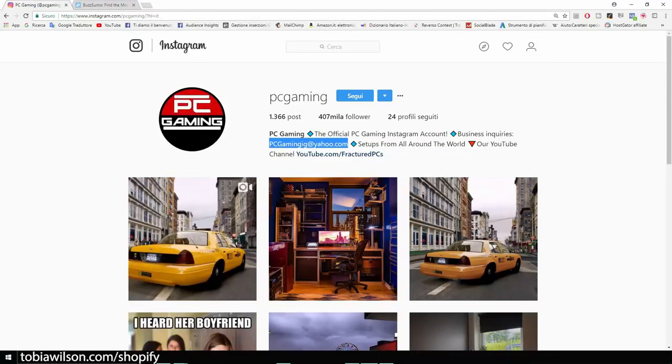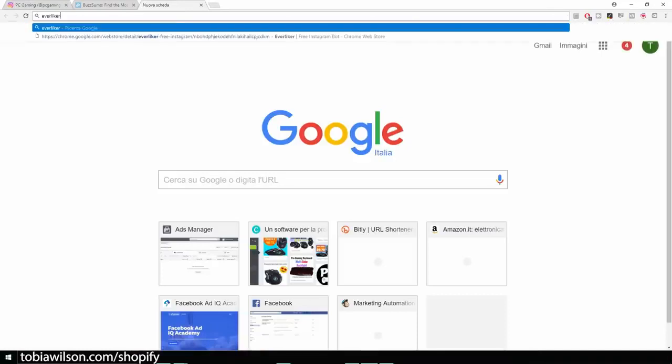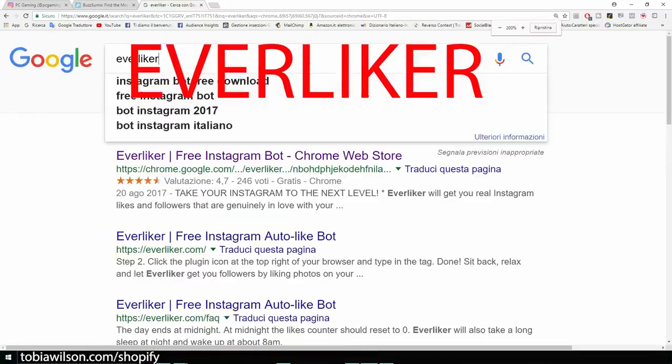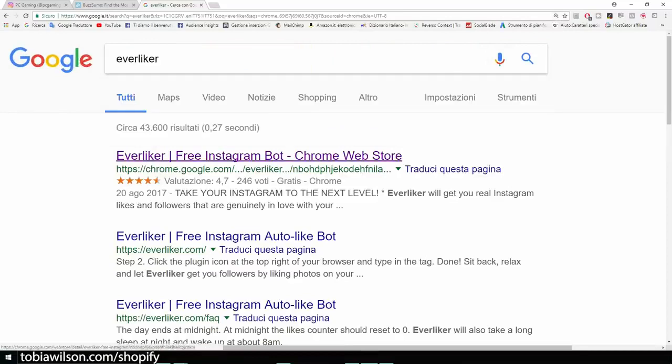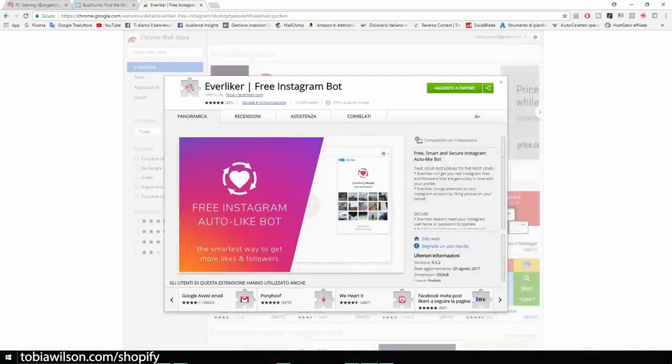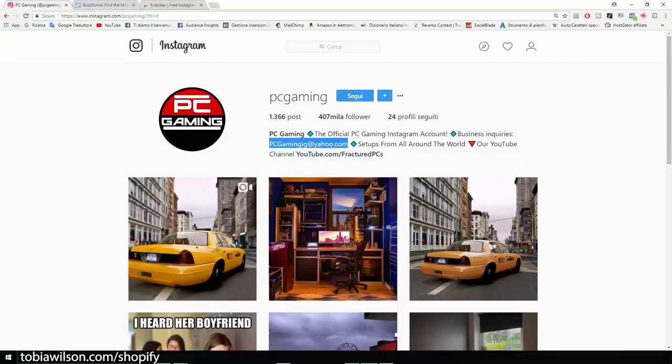All you have to do is go on Google and type in Everliker. This is a free option, but there are also professional ones. It's a browser extension that you can use on Chrome only. I already installed it, so I won't install it again. Once you have it, you can go to your Instagram